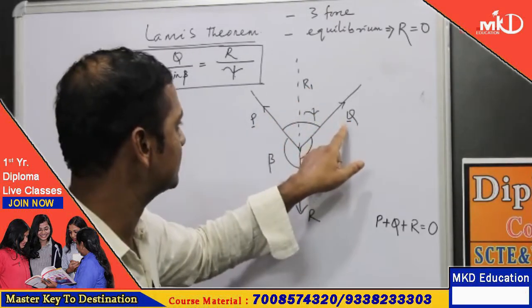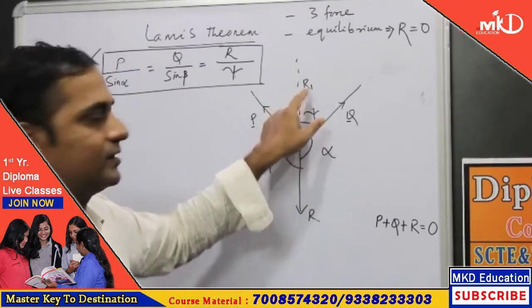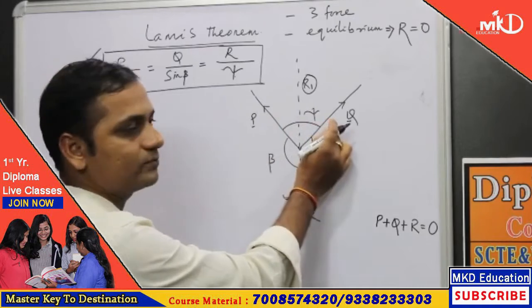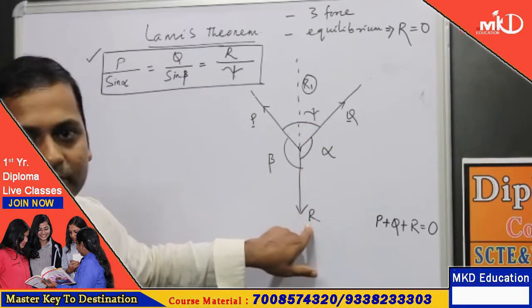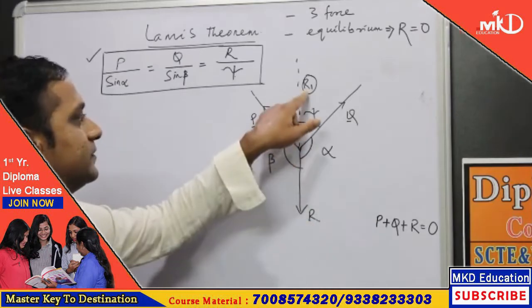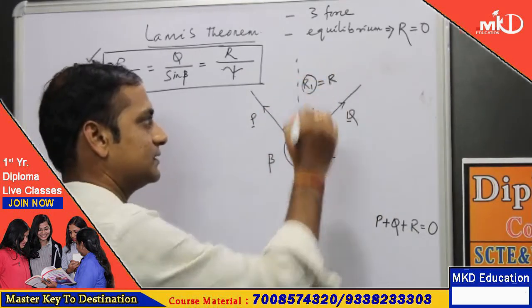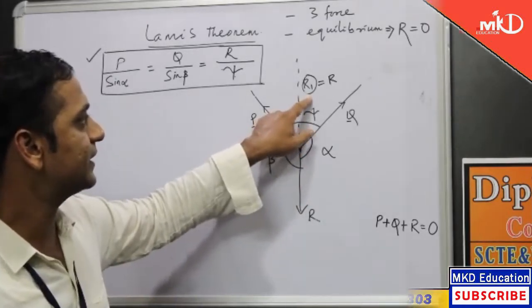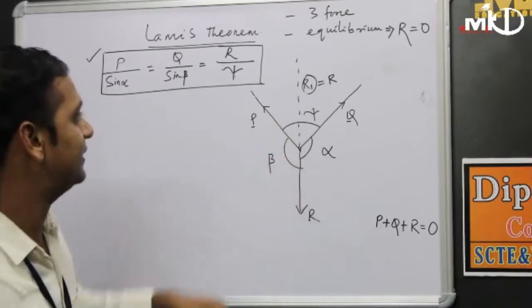P Q बोलने का मतलब जो है वो दोनों के जगह हम R1 ही बोल सकते हैं, that is our resultant force. And that resultant force, मतलब the resultant of any two forces must be equal in magnitude, मतलब इधर third force का जो magnitude है R, that must be equal to this one, means R1 is equal to R, वो दोनों के साथ equal होगा। और condition क्या था, magnitude same होगा.